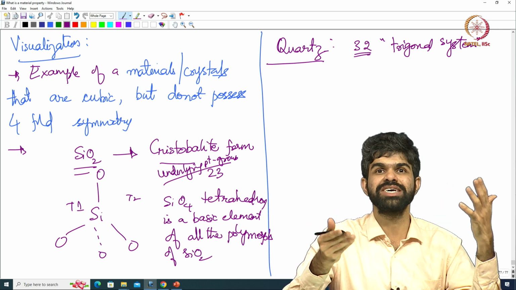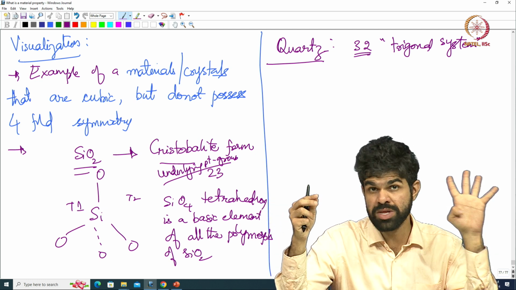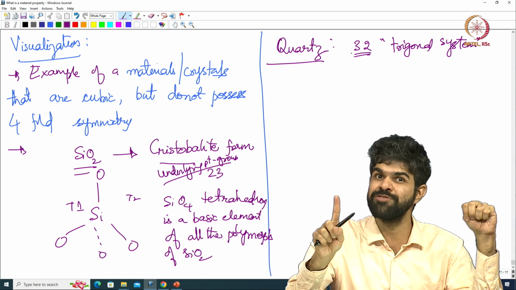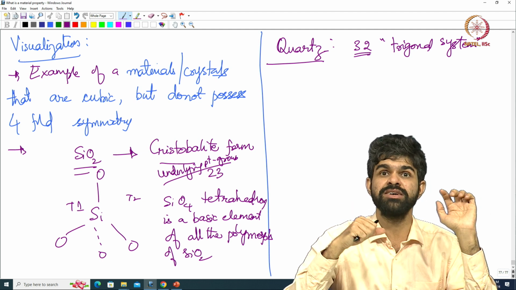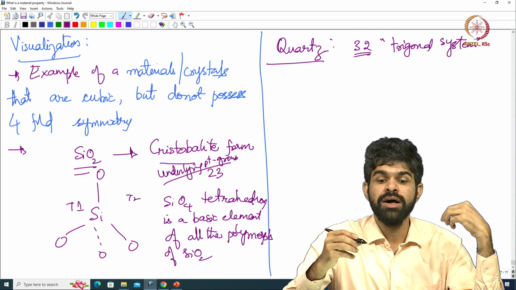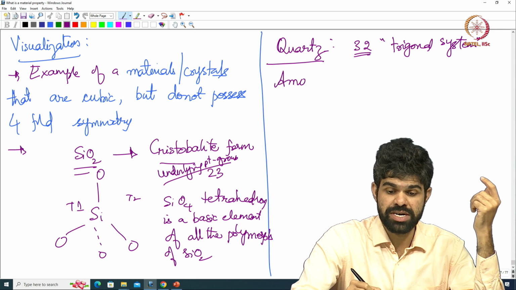right. So the cristobalite has 2 3, which means it has 4 3-fold axes of symmetry. Quartz only has 1 3-fold axis of symmetry. Okay. So that is the difference. So this is a trigonal system, whereas this is a cubic system. Okay. Then I can also have amorphous silicon oxide,